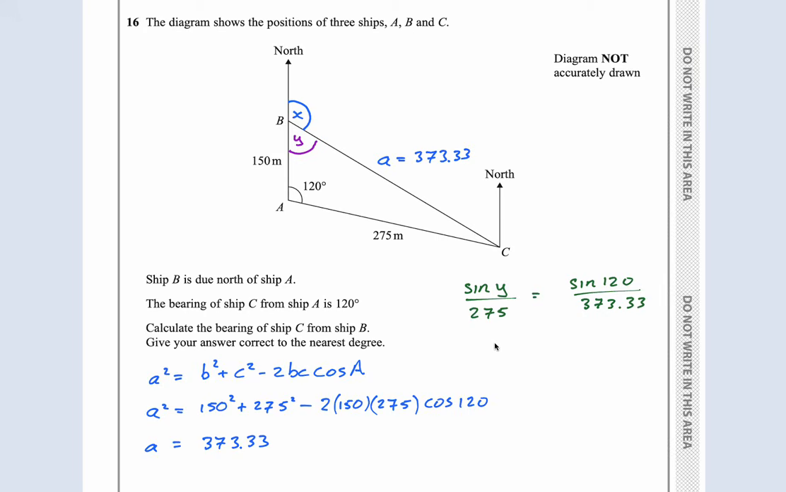Then I can say sine y equals 275 sine 120. I'm multiplying across by 373.33. I'm multiplying across by this 275 underneath the line here is being multiplied with this sine 120, and then I can get y using inverse sine. So to get y,